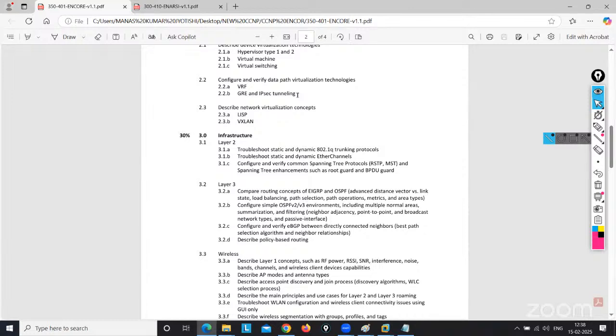Once I configure the IPsec, what is the packet size of the IPsec? Suppose I implement IPsec over a GRE tunnel. Because you know GRE is not secured, IPsec is secured. I want to put IPsec over the GRE. So what will be the packet size? This type of question in the interview for GRE, MGRE, IPsec, they will ask. What is the packet size of native IPsec?